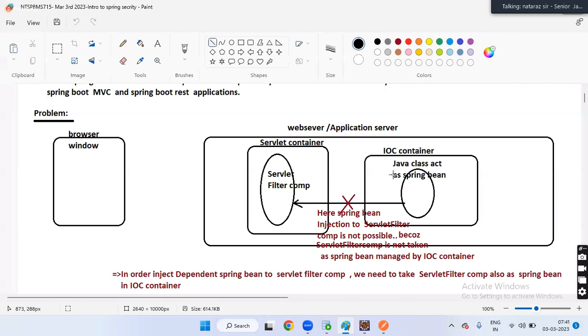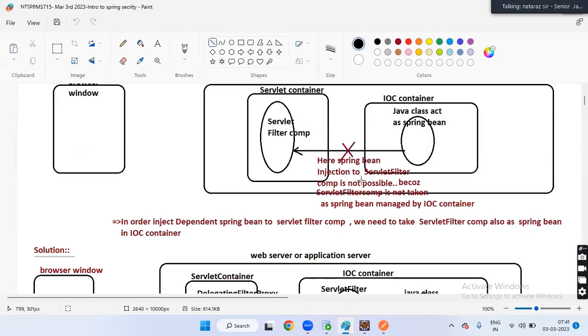So what happens, guys? I can enjoy servlet filter features. I can also enjoy other Spring Bean injection into the servlet filter component. Who is that special component that stays in the servlet container on behalf of the servlet filter, traps and takes the request, and passes it to what? The servlet filter that is there in the IOC container. And that special component is nothing but the delegating filter proxy.